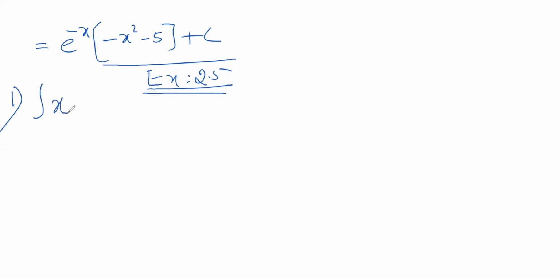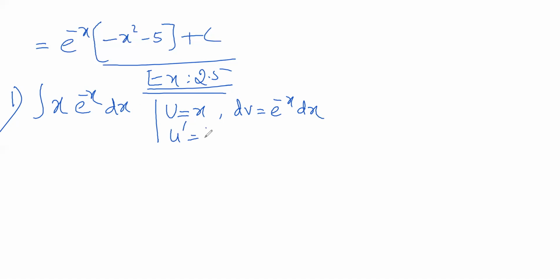First problem, integrate x e power minus x dx. Yes, you see here x is in algebraic form, e power minus x is in what? Exponential form. So which are we taking? U as x, right? U is equal to x and dv is equal to e power minus x dx. As u is of the form x power n, here we are using Bernoulli's formula. So we'll have u dash is equal to 1. U double dash becomes 0. So we'll stop till this, right? Now v is equal to e power minus x by minus 1, which is what? Minus e power minus x.